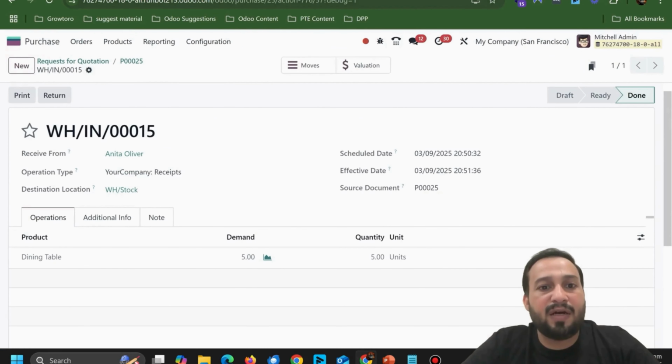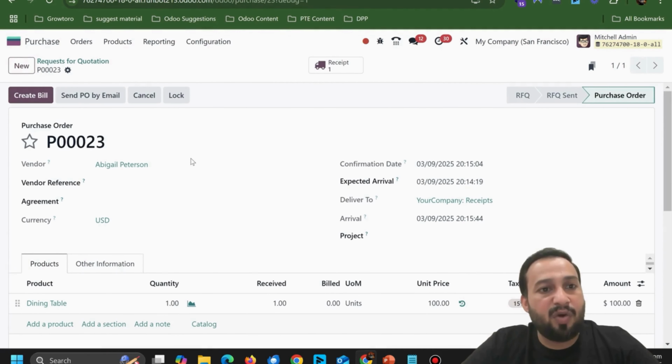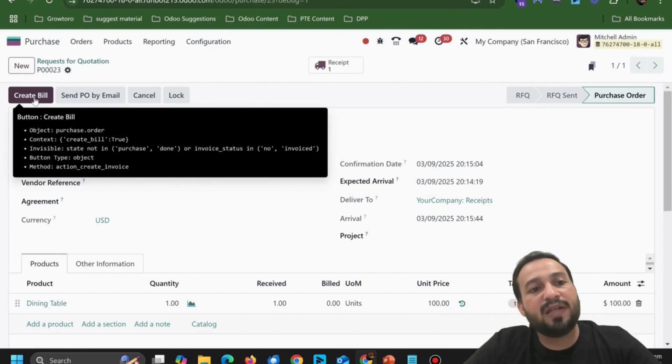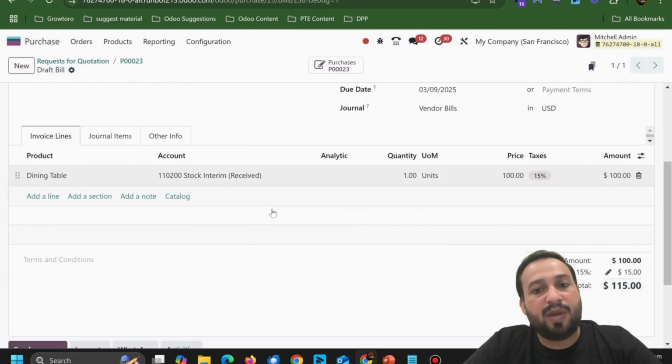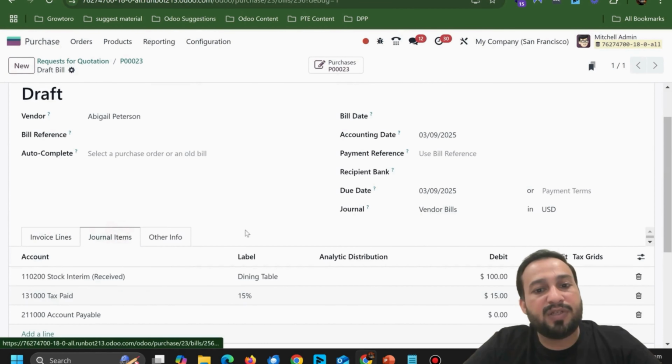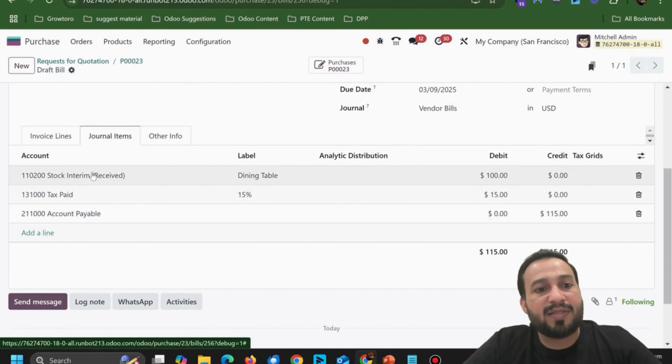Now we have created it and received the products. I'll go into our purchase order. Now we have to create a bill for that same vendor, so I will click on create bill. When I confirm this, if I look into the journal items also, you can see